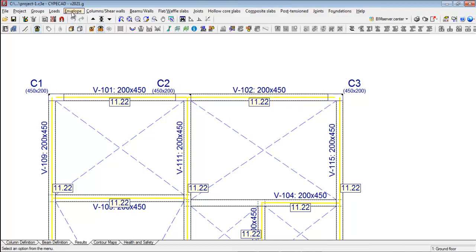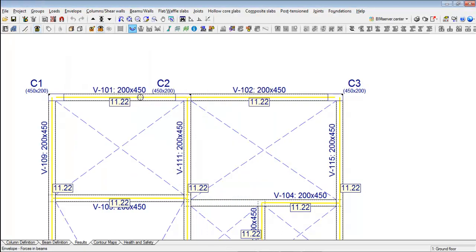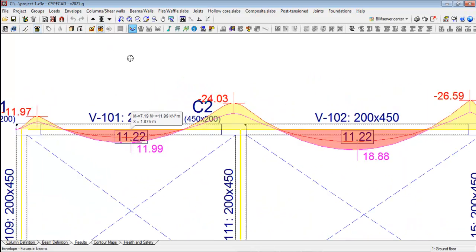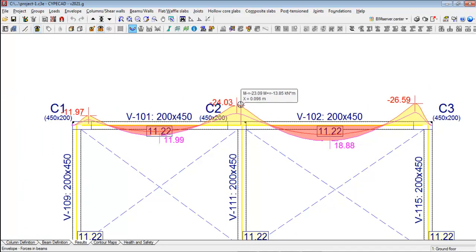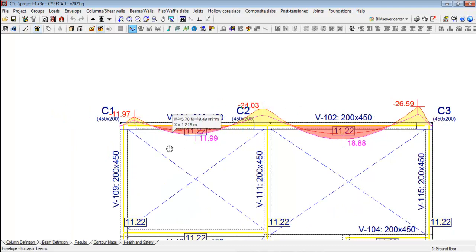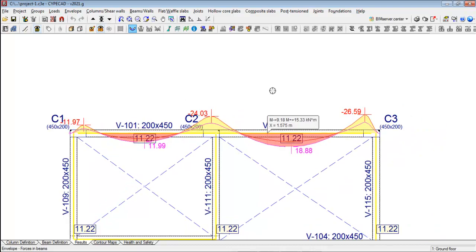Let's see this. You go to envelope, forces, and then simply click on this beam. You can see we have the negative bending moment near the support and sagging bending moment in between the panels. So this is sagging, this is hogging, and this beam is resting on two or more supports. So this is a continuous beam. So let's see this in these three beams. Let us see it in the 3D view. Let me just show you.